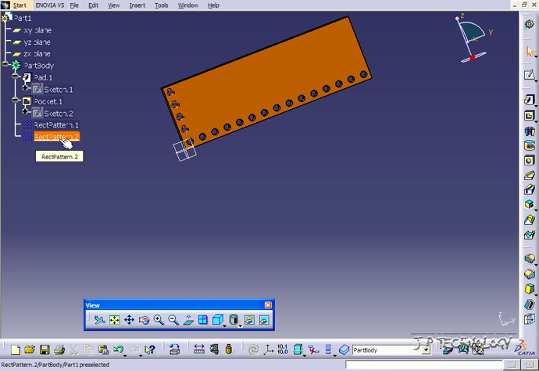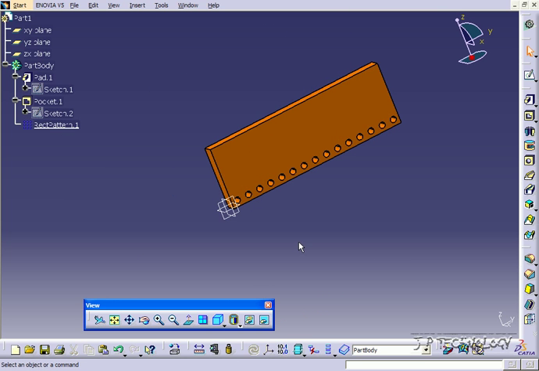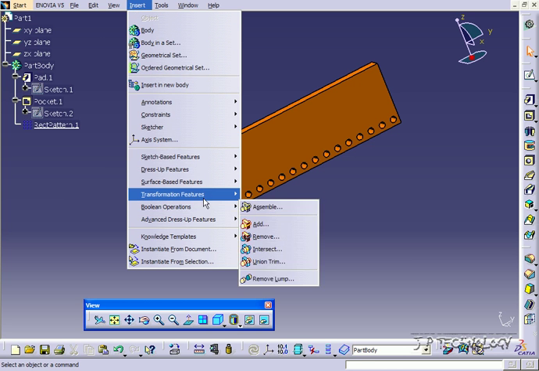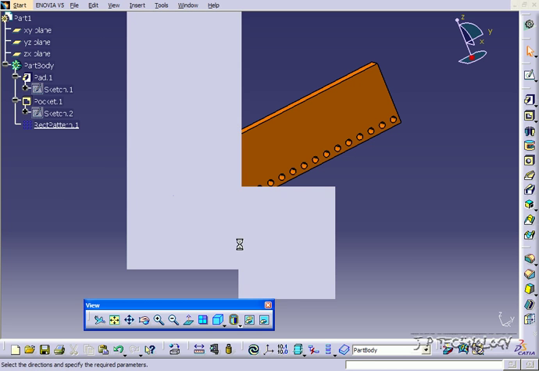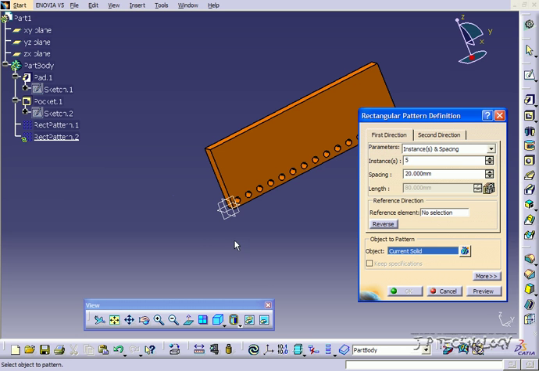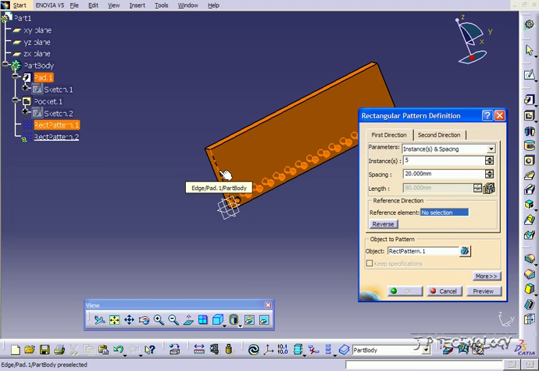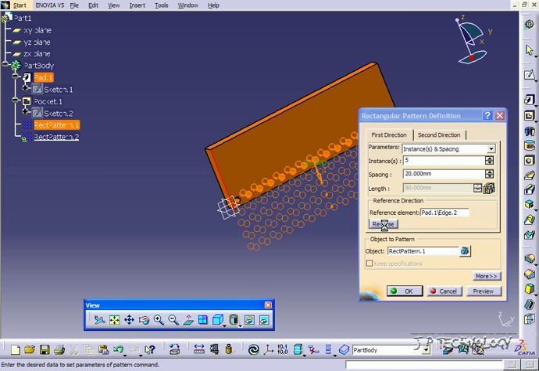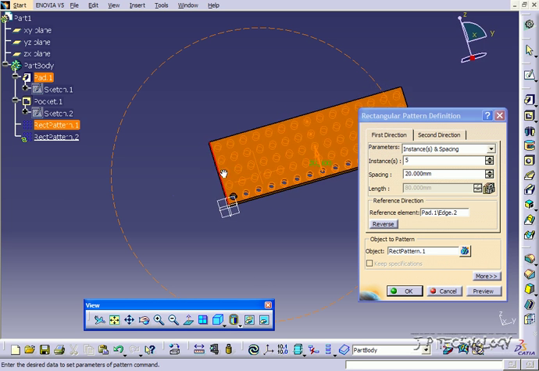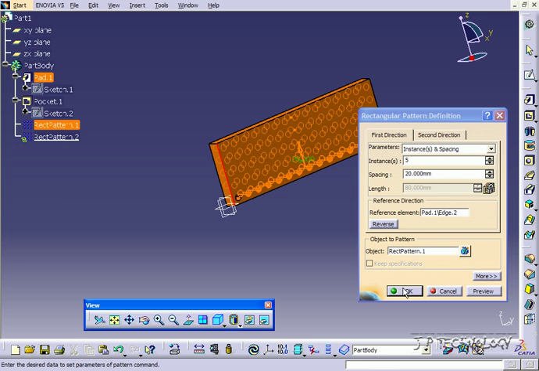Now if we delete this rectangular pattern, we can actually pattern an existing rectangular pattern also. So we're going to pattern all of these guys going up to fill up the whole plate. So let's click Insert, click Transformation Feature, Rectangular Pattern, and our object to pattern is going to be the first rectangular pattern, and the reference direction is going to be the vertical line. Let's reverse the direction, and it looks good. Everything's in the right direction, everything's cutting in. Let's click OK,